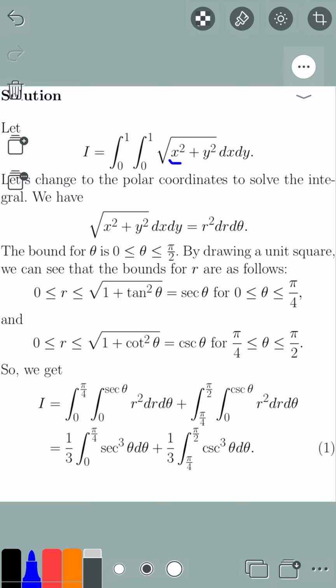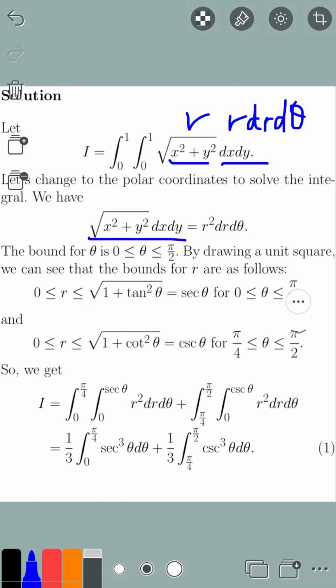So x squared plus y squared is r squared, and square root of r squared is r. Alright, and dx dy is equal to r dr d theta. And so the integrand, square root of x squared plus y squared times dx dy, is equal to r squared dr d theta, because we have r times r here, so that's r squared. And now for the boundary,